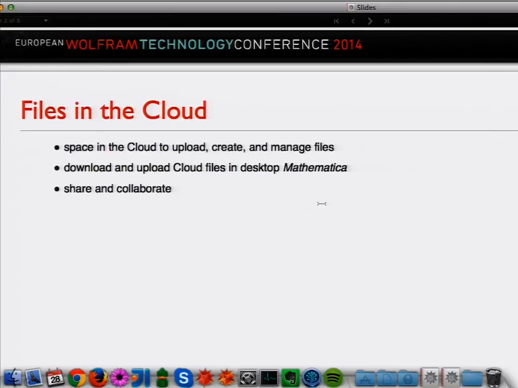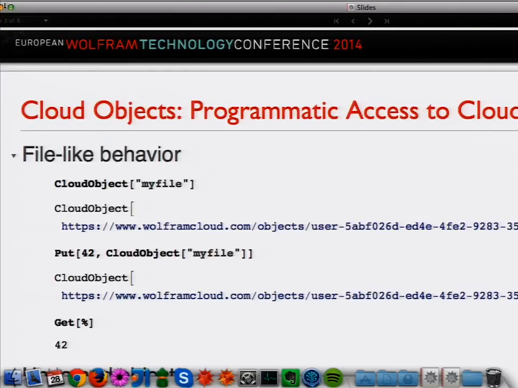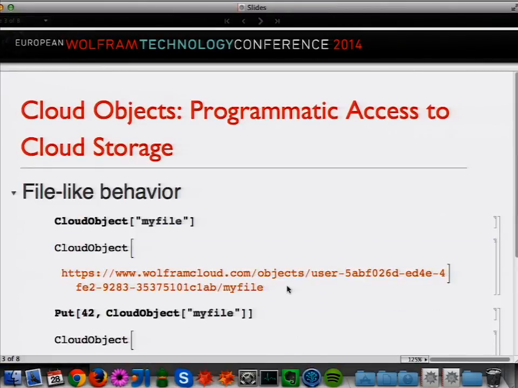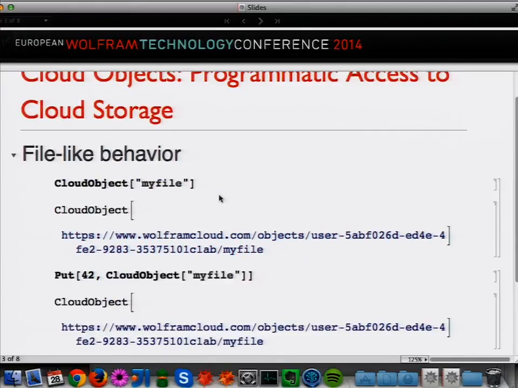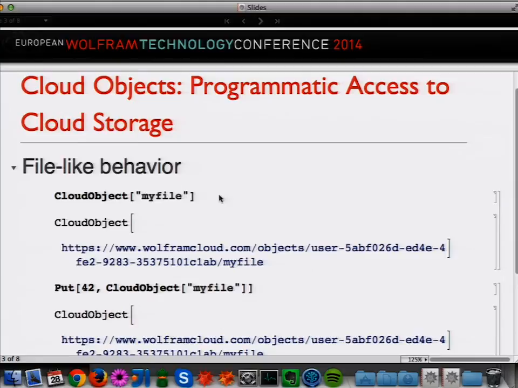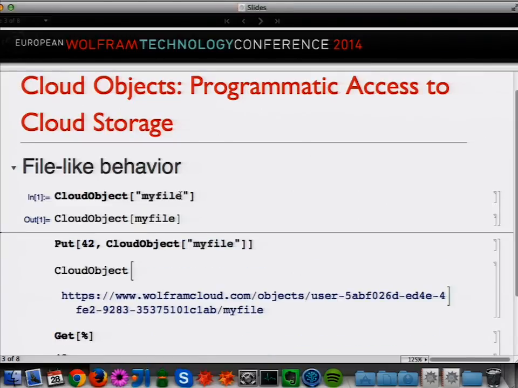So, of course, it wouldn't be the Wolfram language if there wasn't some programmatic way to do all of this and to access the cloud. And so what we're introducing with the new version of the language is a thing called Cloud Object. It's basically a handle to a file or some object in the Wolfram Cloud. So if you evaluate Cloud Object,